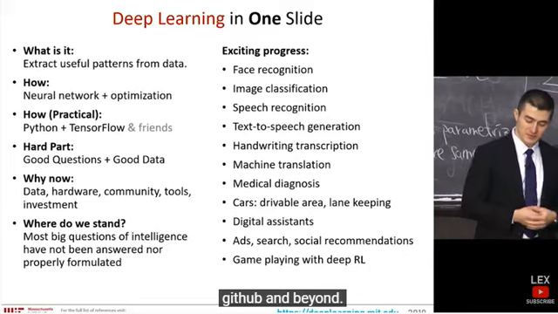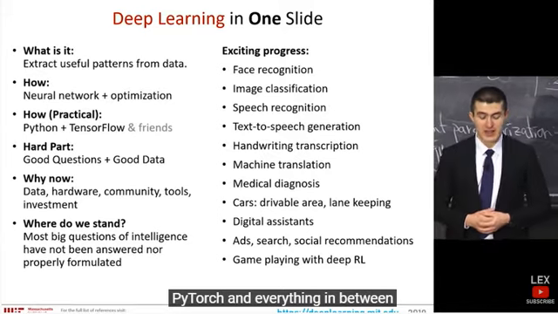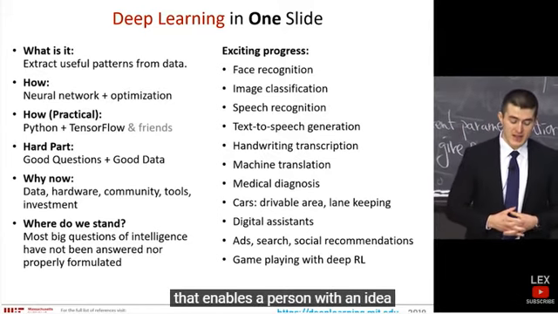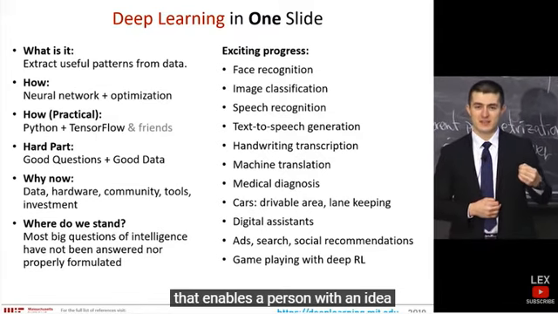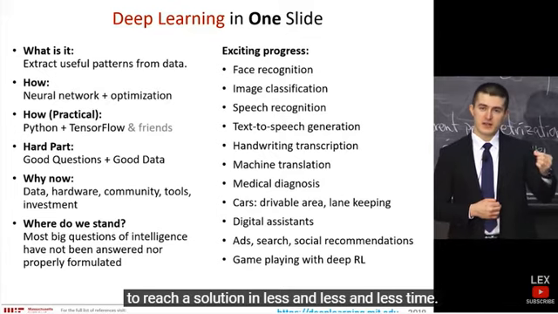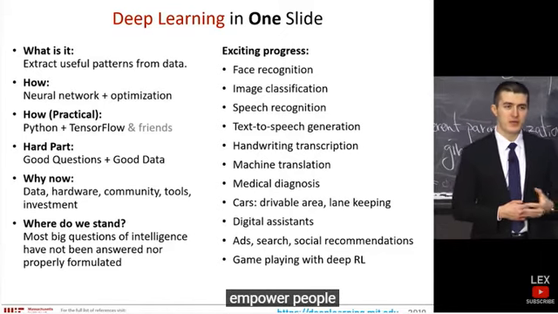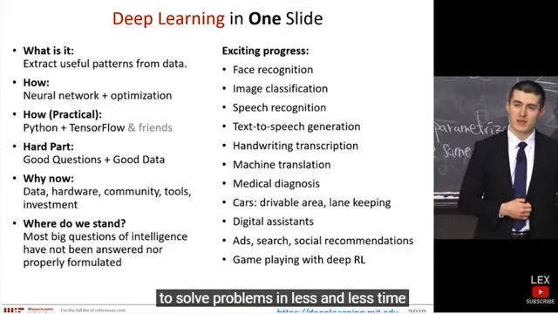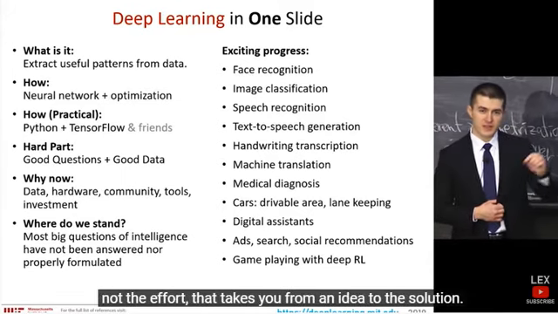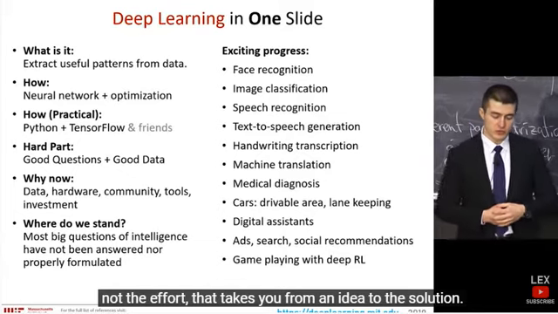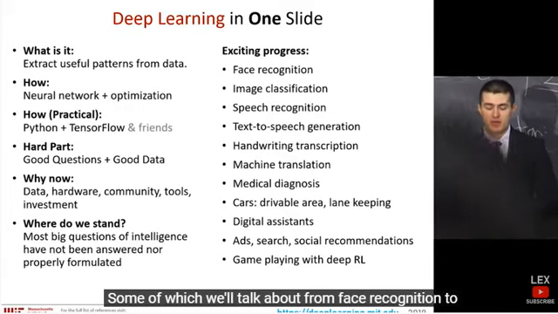GitHub and beyond. The tooling, as we'll talk about, TensorFlow, PyTorch, and everything in between, enables a person with an idea to reach a solution in less and less and less time. Higher and higher levels of abstraction empower people to solve problems in less and less time with less and less knowledge, where the idea and the data become the central point, not the effort that takes you from the idea to the solution. And there's been a lot of exciting progress, some of which we'll talk about, from face recognition